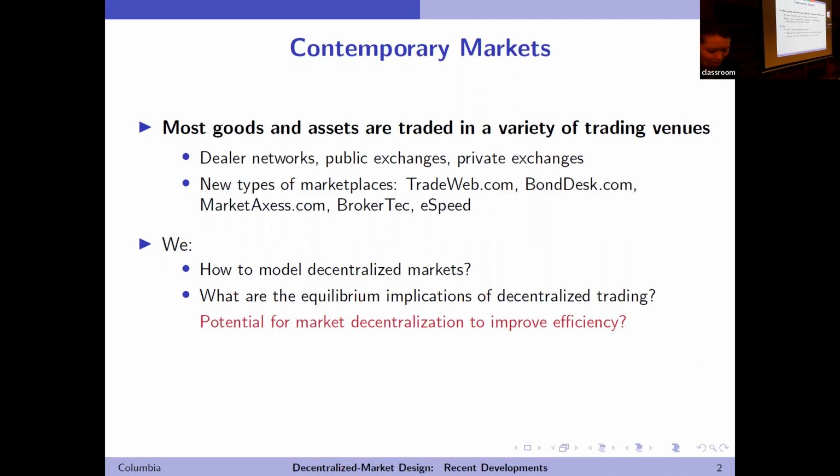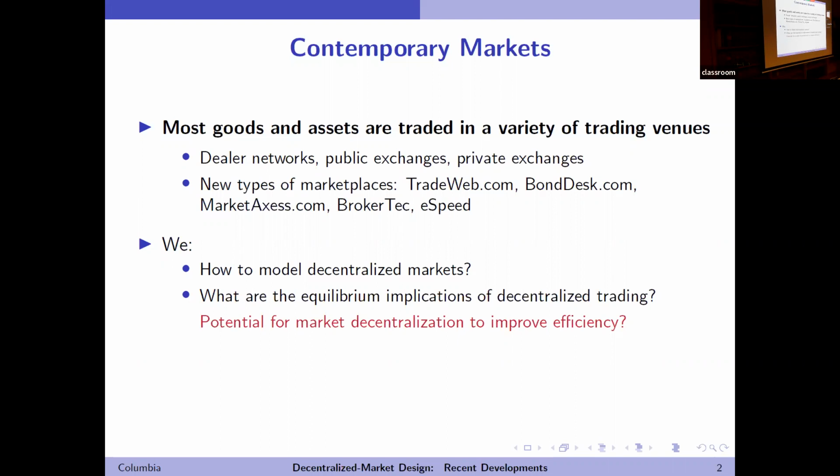So I like to give as an example, the New York Stock Exchange as a case. I've given it over the years, and the numbers have changed a little bit, but the punchline remains. So if you look at the assets listed on the New York Stock Exchange, right? So these are some of the most transparent liquid assets. Today, less than a quarter of the volume of the listed stocks is executed on the New York Stock Exchange.